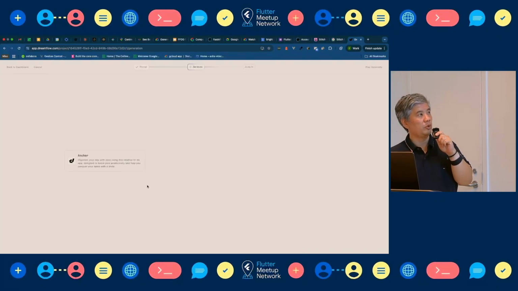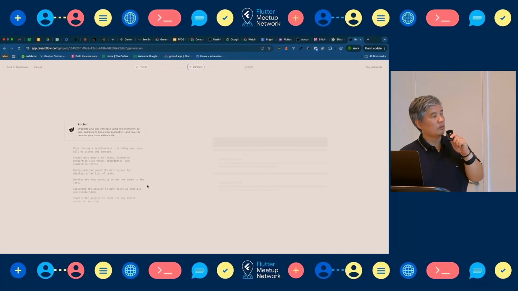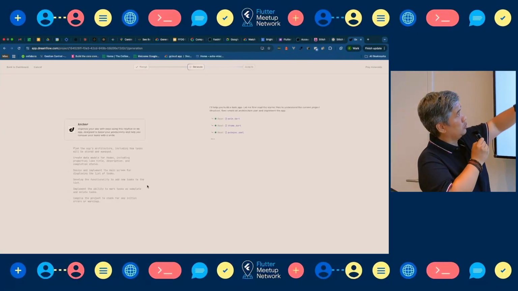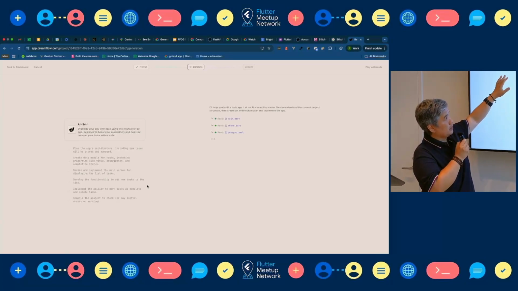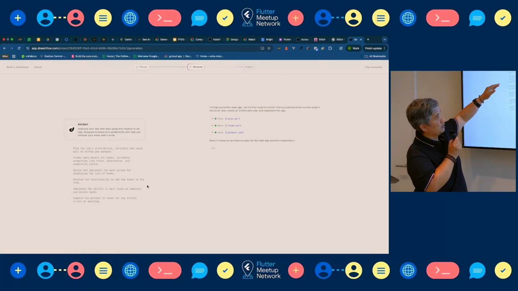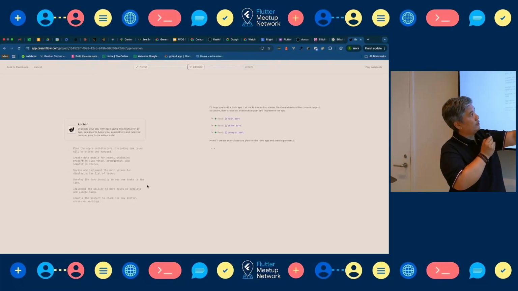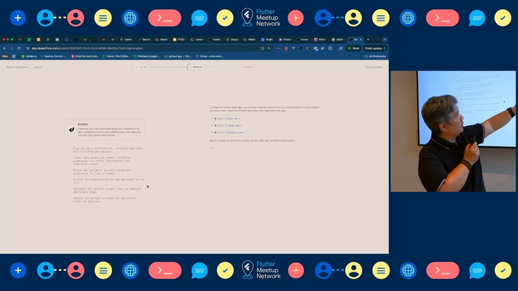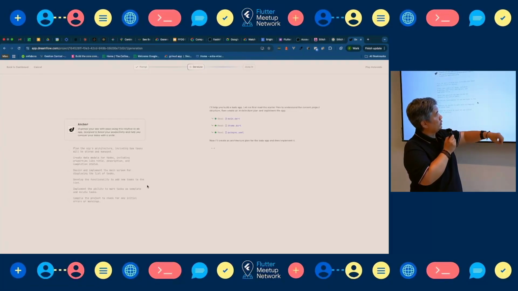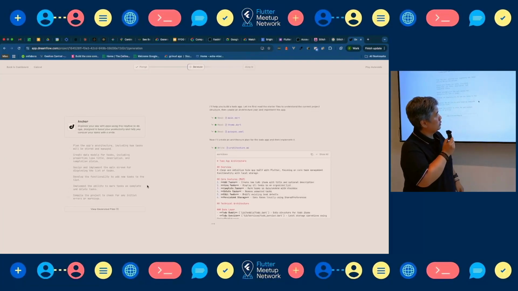So with a single prompt, DreamFlow is going to build this application for you. Here you can see what we call a thinking way. It shows you what it's going to do, all the steps it's going to provide. And on the right, you're going to see what is started. It creates the files and connects everything to put it in place.